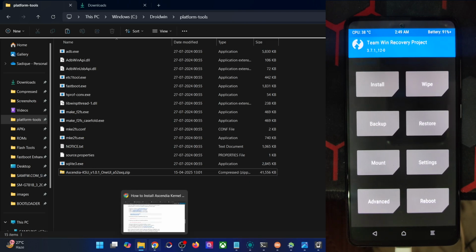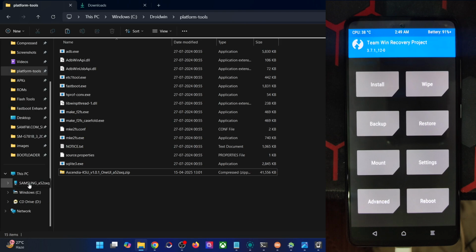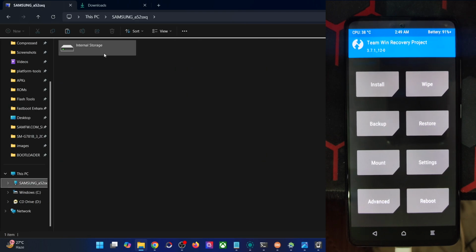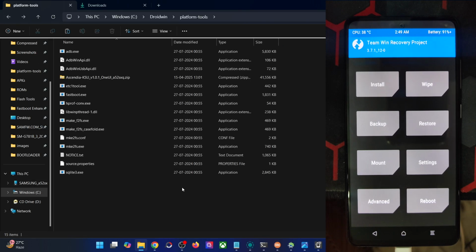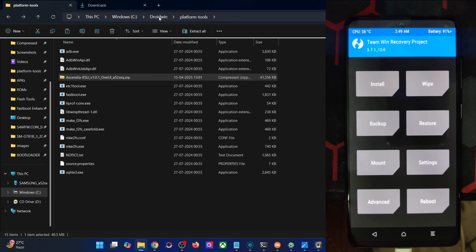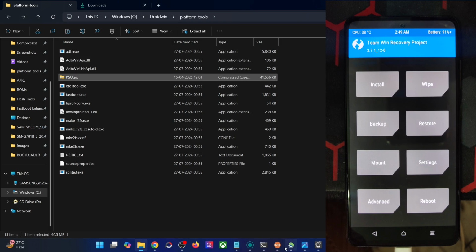And now you have to transfer the file onto your phone. So in my case, the phone is shown here, but I cannot access the storage. If that is the case with you as well, then it's not a cause of concern. Just use the adb push command to do the file transfer. First off, let's rename the file to something shorter. So let's rename it to KSU, and now transfer the file.